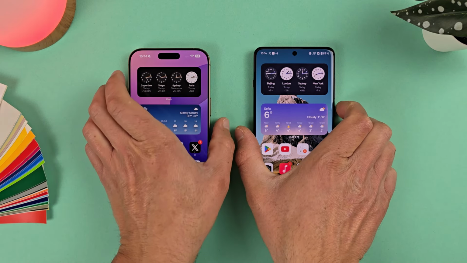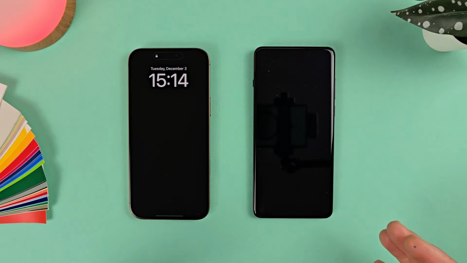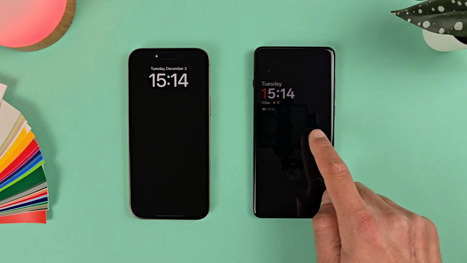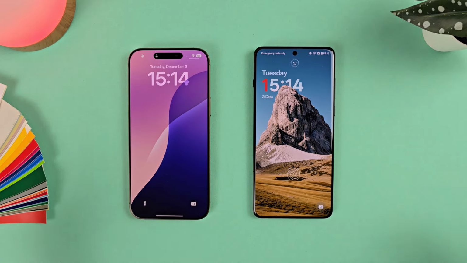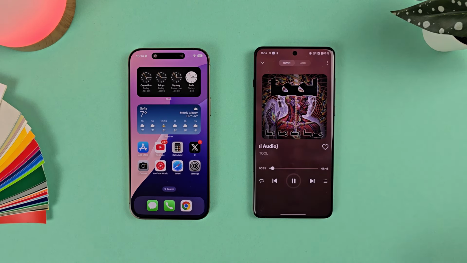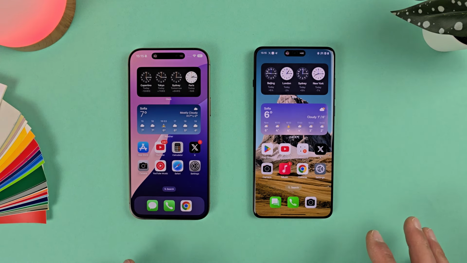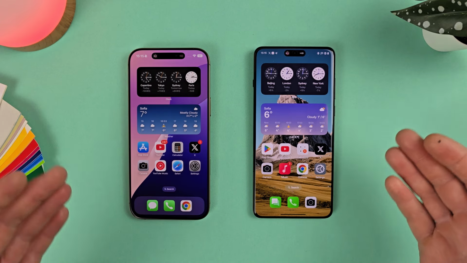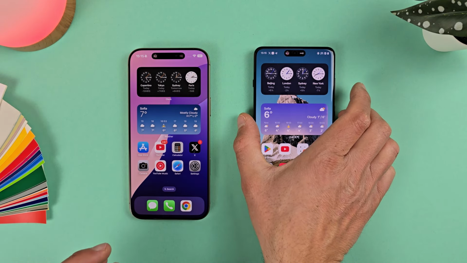First, I will turn off the screens. Both devices have always-on displays enabled. You can see how they look, and let's tap on it just to check the lock screens. You can see we have adverts even in the stock player of ColorOS 15, which is very sad. Both have that dynamic island and they are almost identical. ColorOS 15 just copied this dynamic island from iOS. But now let's turn off the screens,